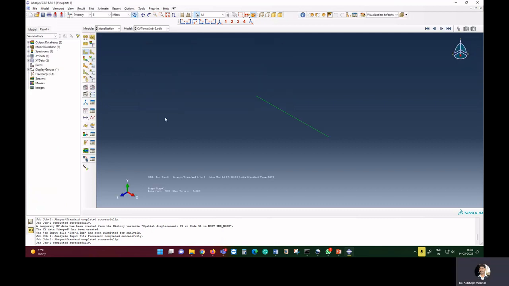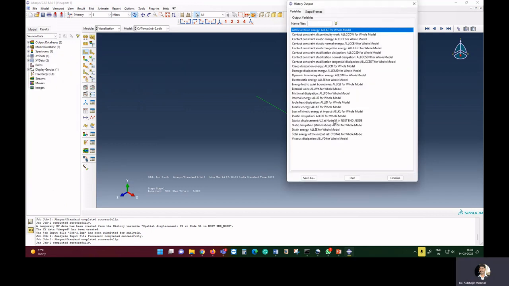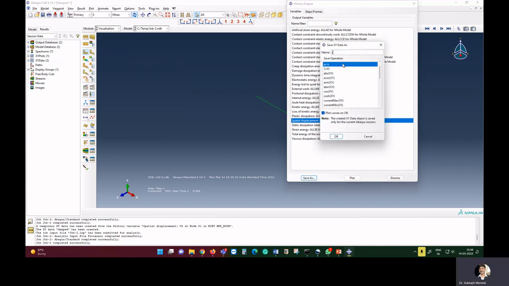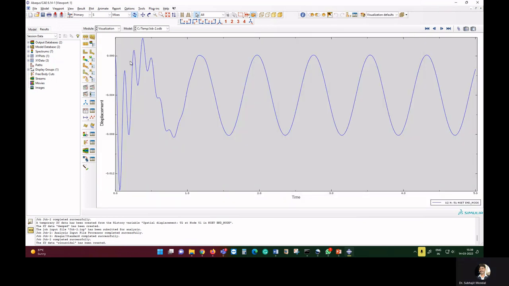Now the job is completed. Now we're going to see how the time response comes out if the load is a sinusoidal load. Here you can save it as sinusoidal. Here you can see the initial part corresponds to the transient part, and then our displacement is a function of the periodic force. In the initial part we are getting some